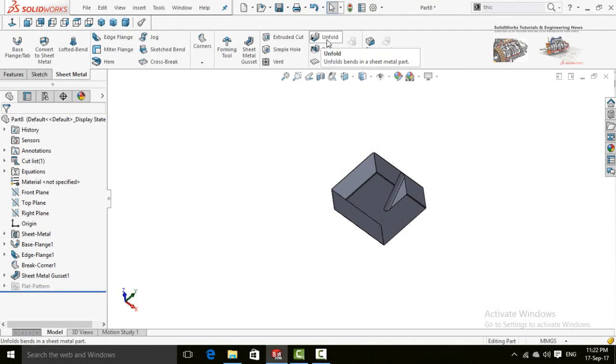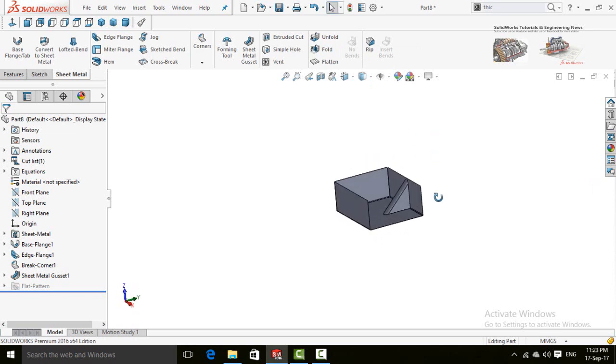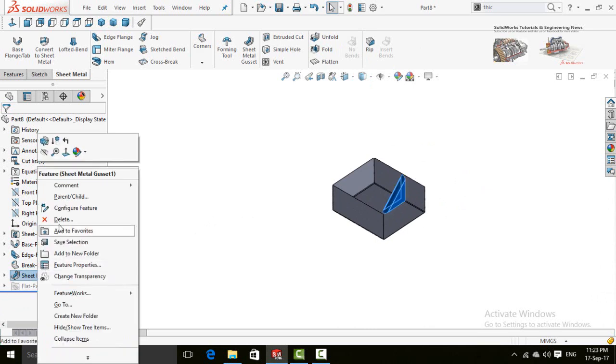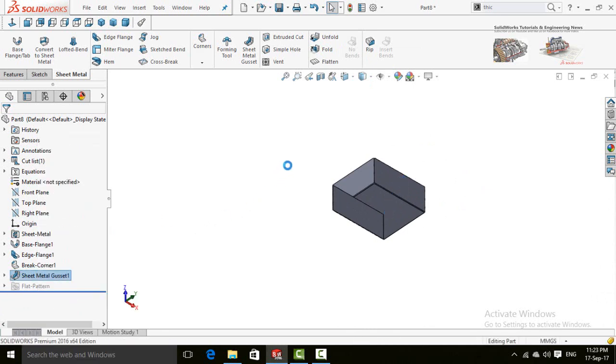So now we have unfold command. It works quite similar to flatten command but manually. To use this unfold command, our sheet metal part shouldn't have the gusset feature, so we have to delete the gusset feature first. Delete it. Now it will work.